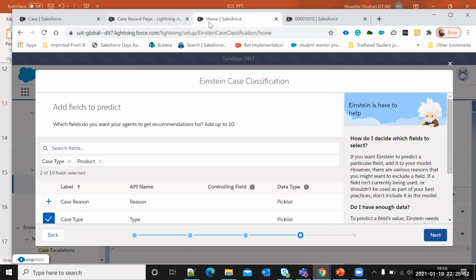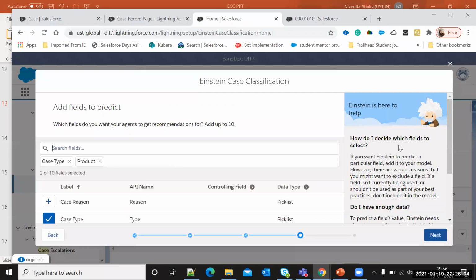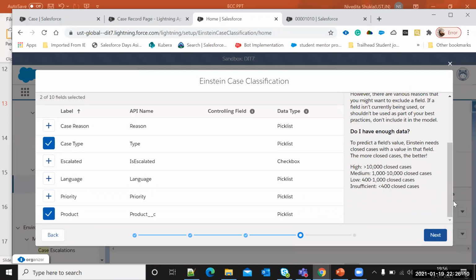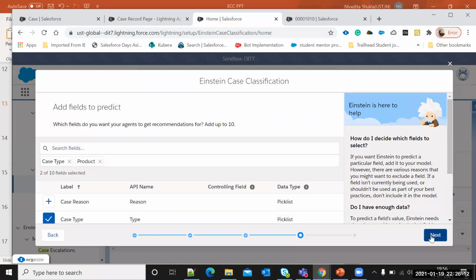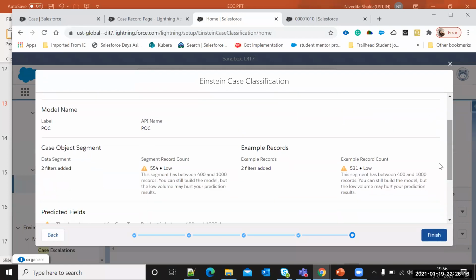On the page, we were seeing the recommendation for only these two fields. For status, subject and description it can't show, and for status it was not showing the recommendation. Here, we have selected only two fields out of 10. This would be the final step, where it has given the record count, which is quite low.